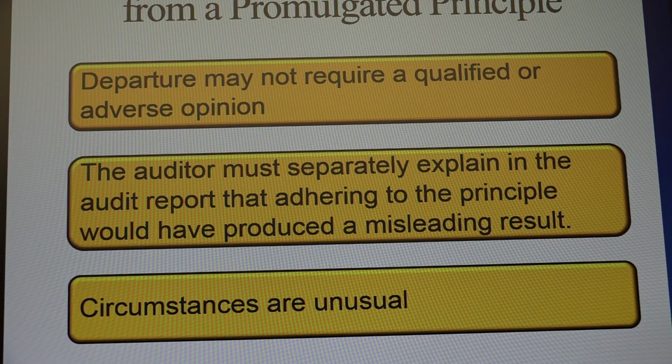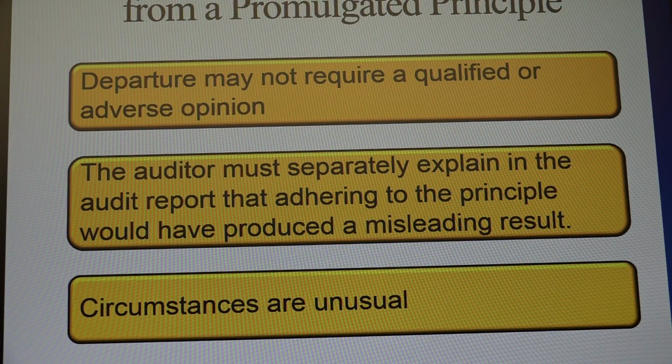There may be reasons why a company might want to depart from GAAP, and if so, in not all cases would that departure require you to issue either a qualified or an adverse opinion. And so if you still believe that the financial statements are fairly stated in accordance with GAAP,